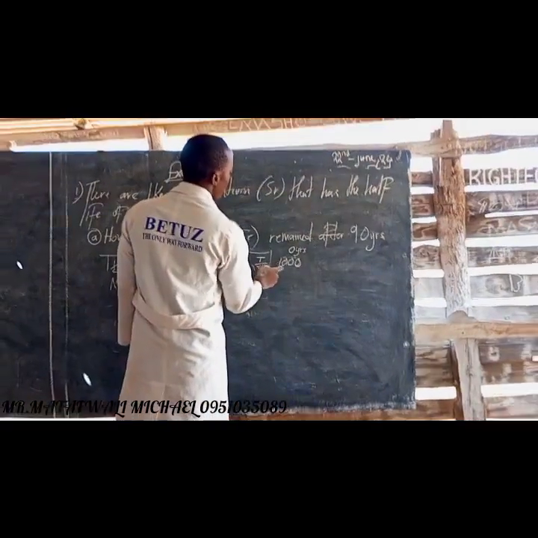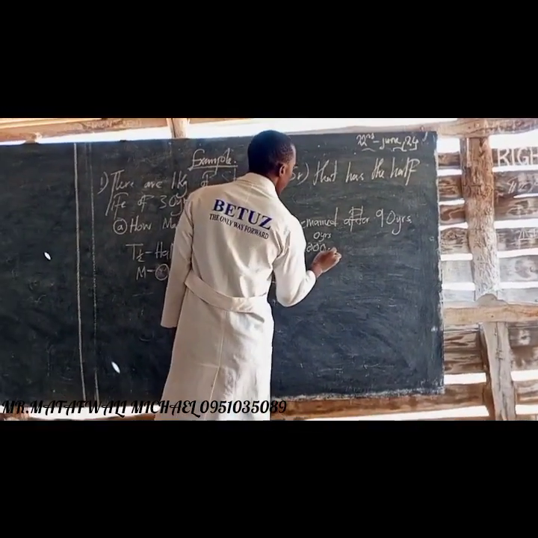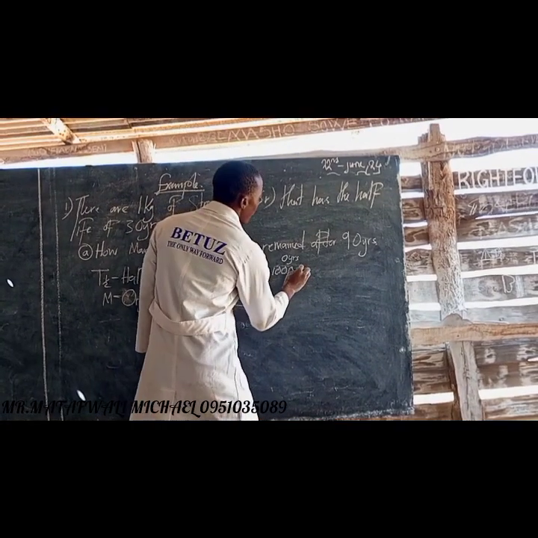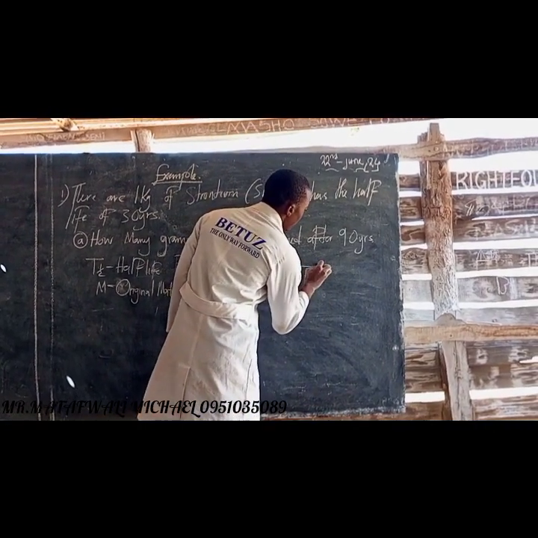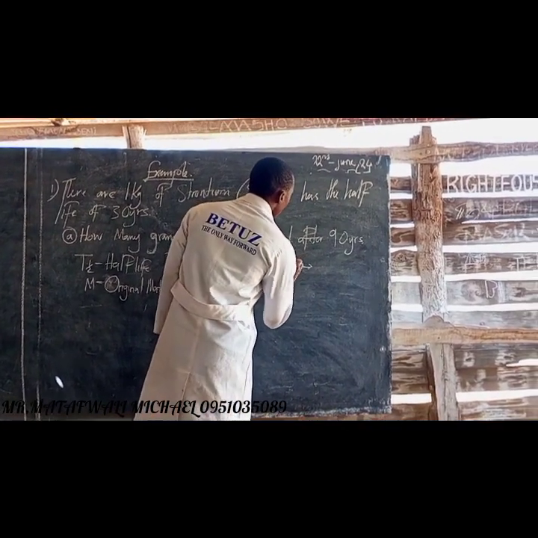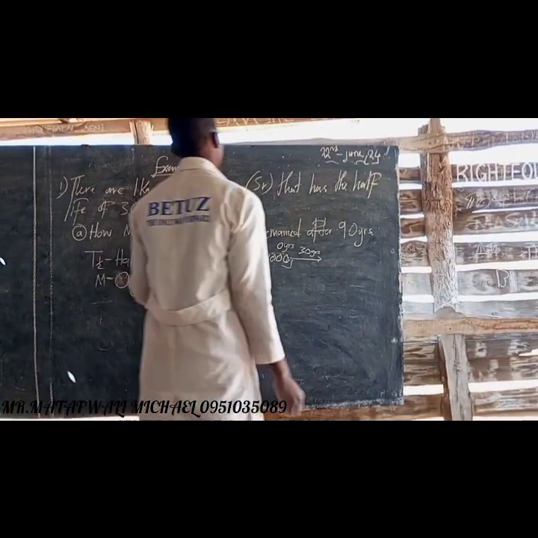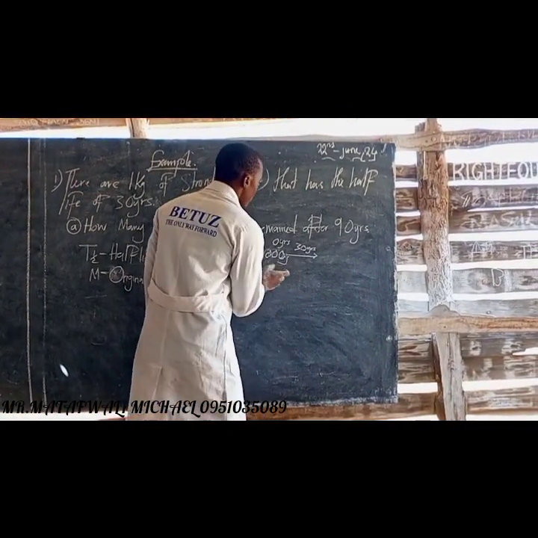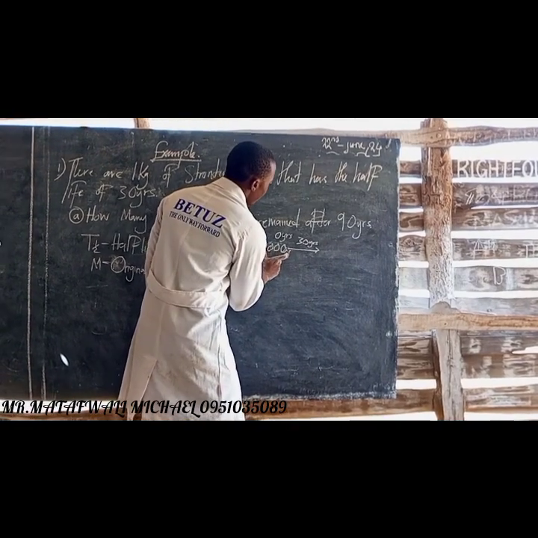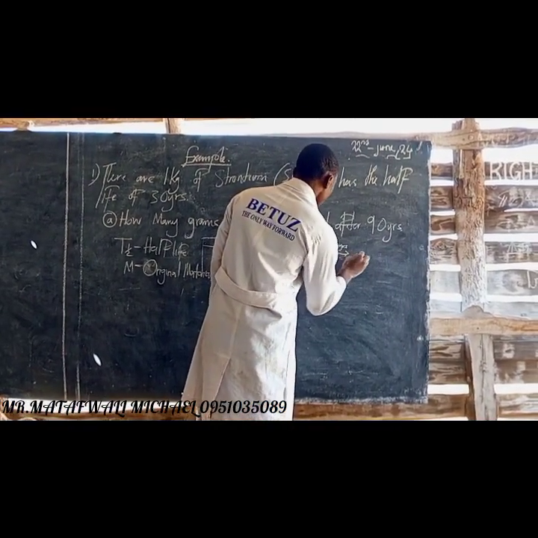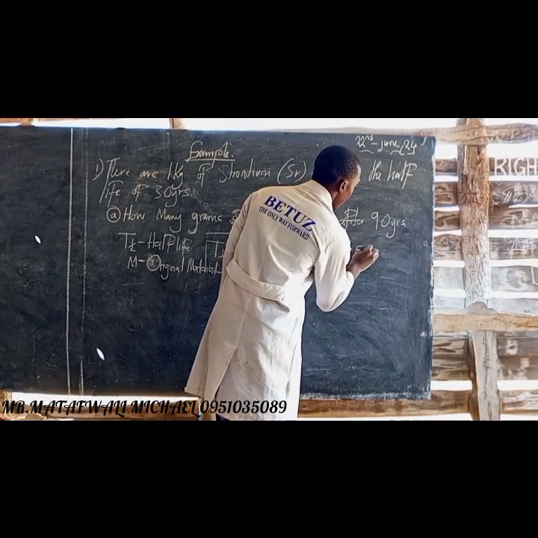That is why we have 1000 grams of strontium. Then after undergoing radioactivity of 30 years, as stated in the question, we are going to find that this original mass is going to reduce to 500